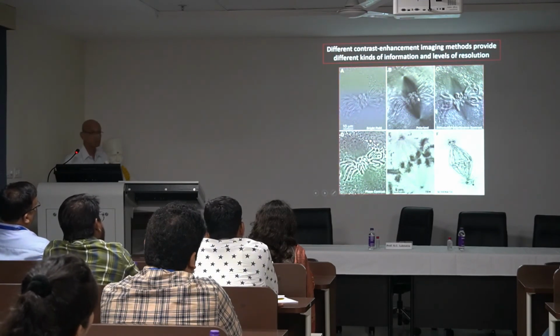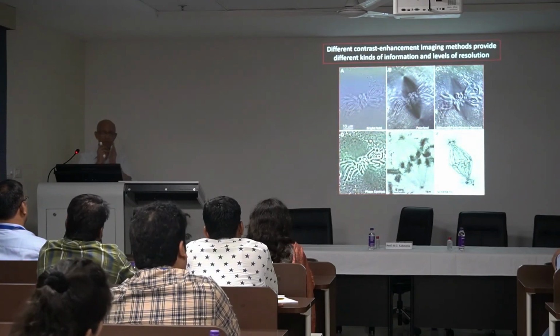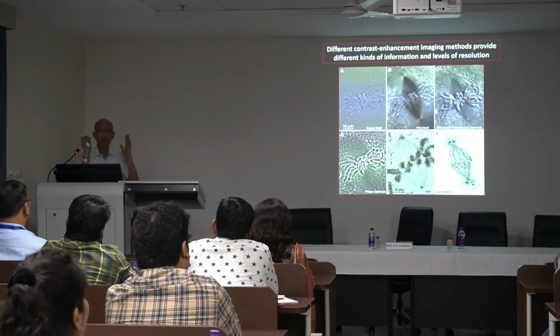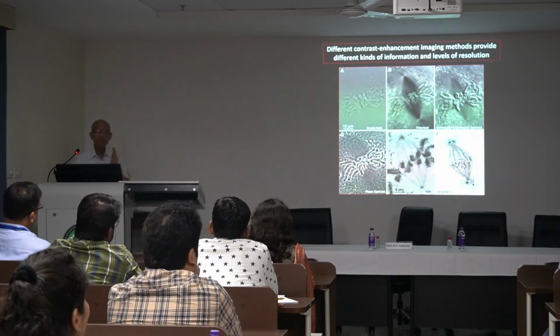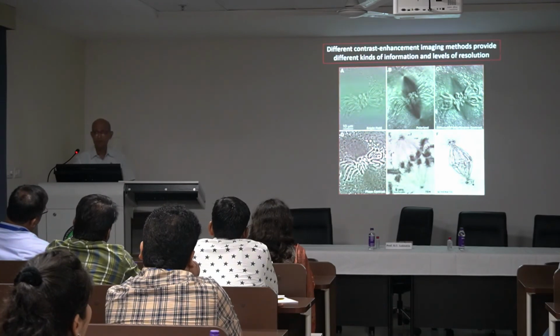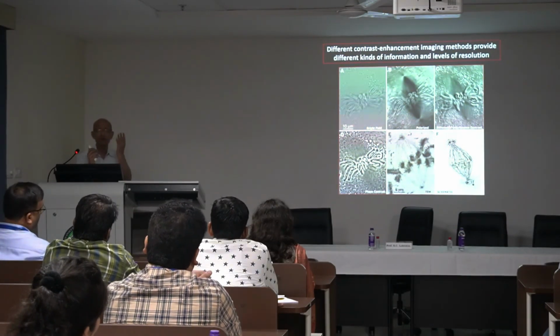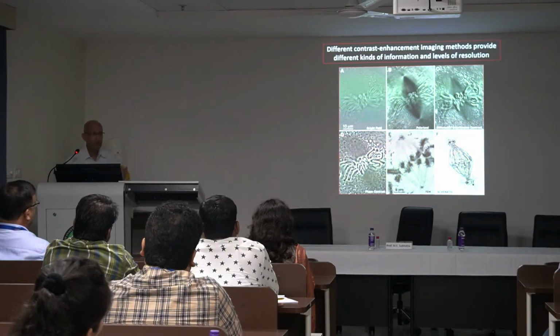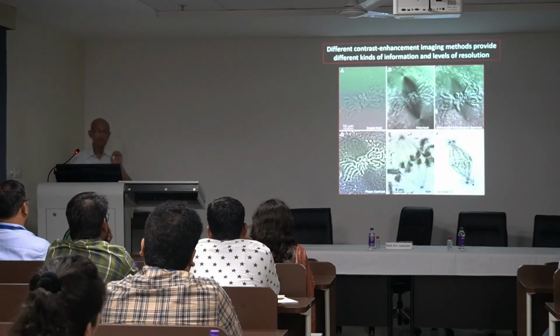Polarized microscopy makes use of polarized waves. Ordinary light waves oscillate at all 360-degree angles. Polarized light means that all the waves that constitute a beam of light oscillate in one particular plane, and that plane you can define. Whether they oscillate in this plane or that plane, you can decide. And thereby, they let us understand the orientation of molecules in the cell.